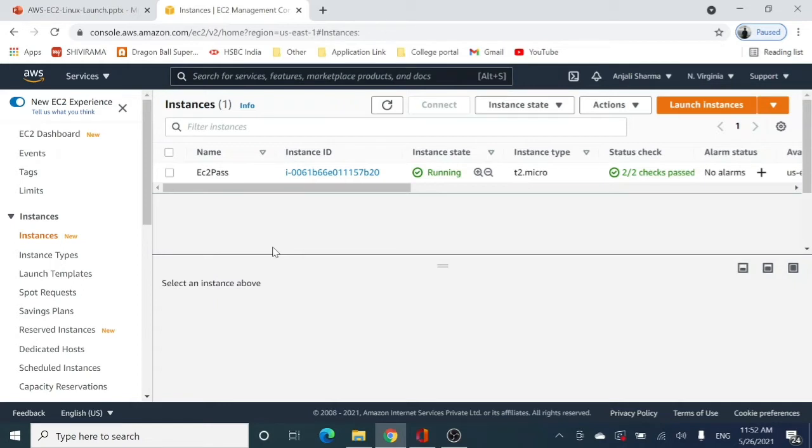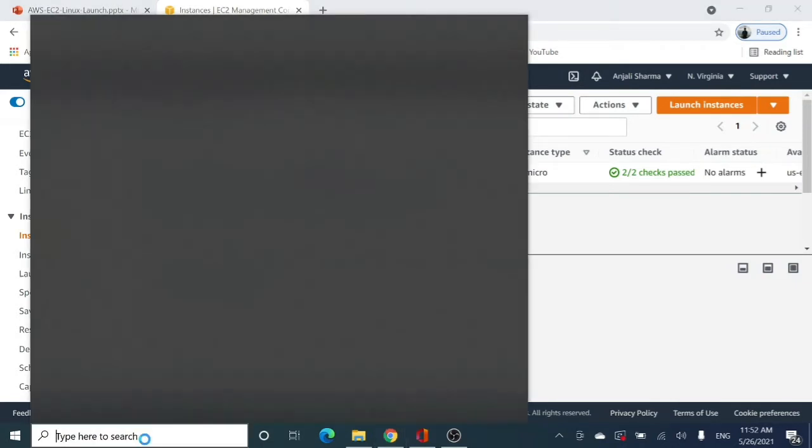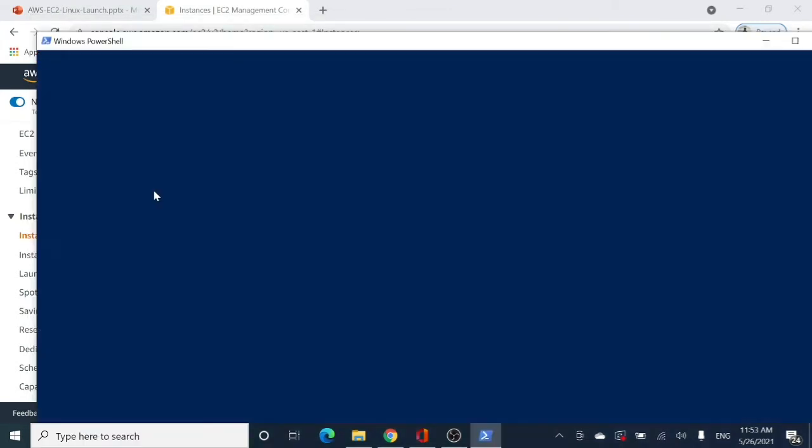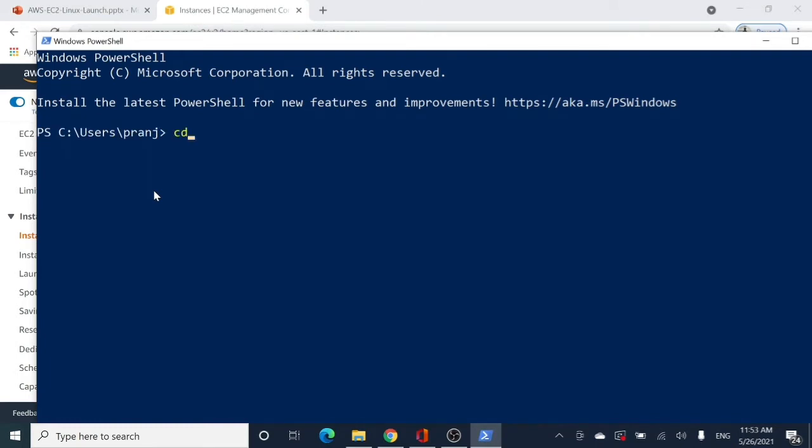And now in order to log into this EC2 instance with the key pair, because I have launched it with the help of my key pair, and if you do not know how to launch an EC2 instance, you can also watch the previous videos in which I have shown how we can launch an EC2 instance with a PEM file, that is your key pair, right? So what I will be doing is opening up my Windows PowerShell and showing you how we can SSH with the help of our key pair, right? So go to the directory where the key pair is stored. It is on my desktop, right?